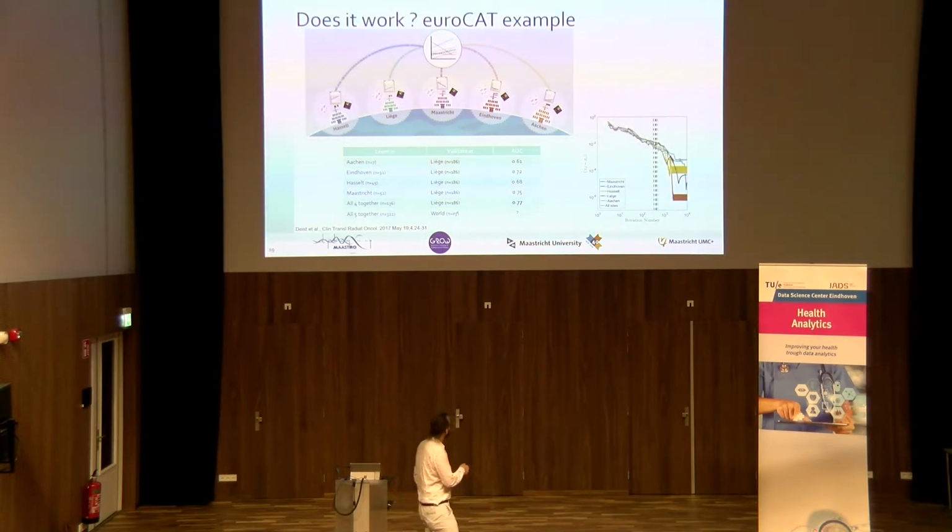But this is an example. Here you have the difference between the centrally learned models, all putting data into one place, and the distributed learned model. And you can see that based on the number of iterations, you can get arbitrarily close to the central solution. And you can prove mathematically that the formula you get from this distributed learning, this is support vector machines, is exactly the same as the formula you get from centralized learning. And this is true not just for support vector machines, also for all regression models, also for Cox models, and a year ago it was proven for deep learning as well. So the message is there is no downside to doing this.